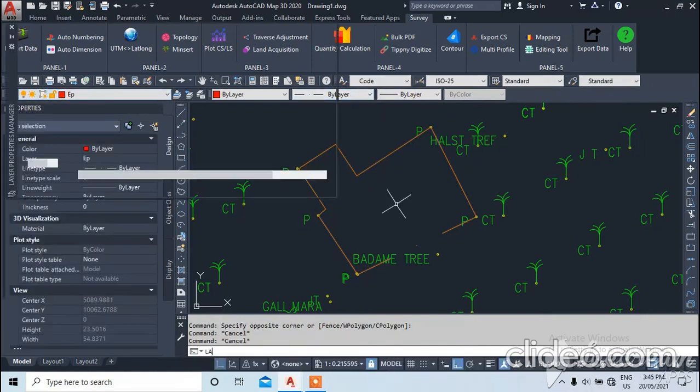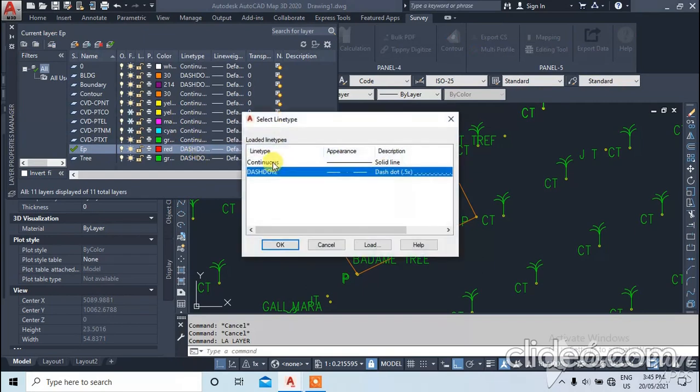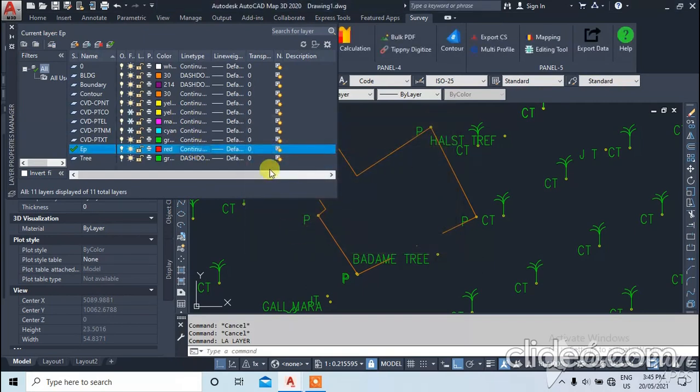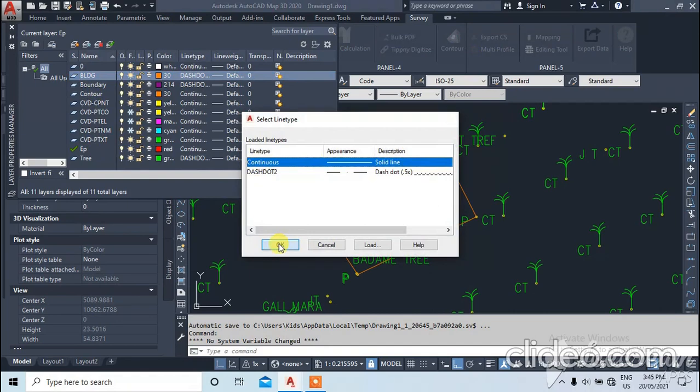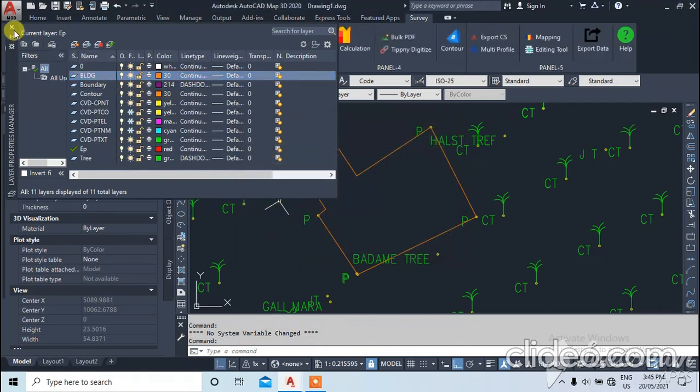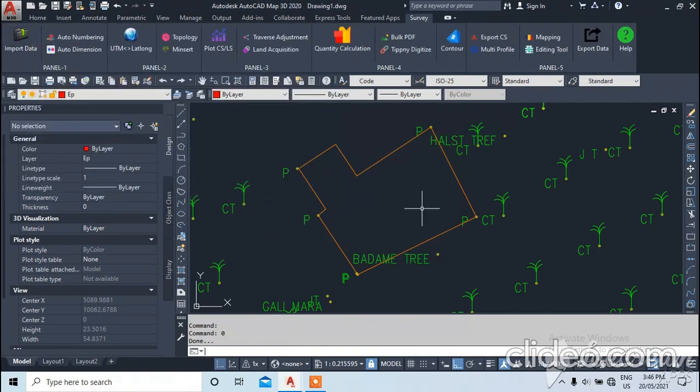So go to layer and change the line type for building also. Zero first, change the cursor position. Go to edge.